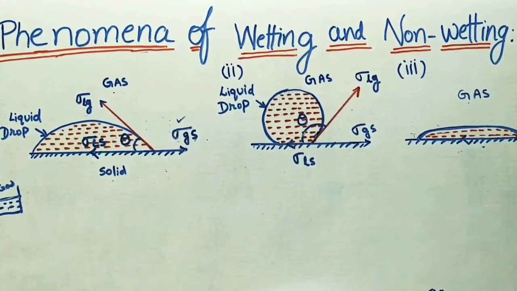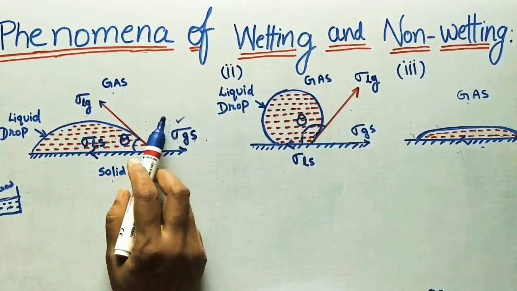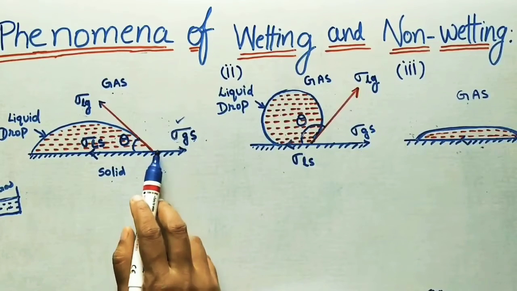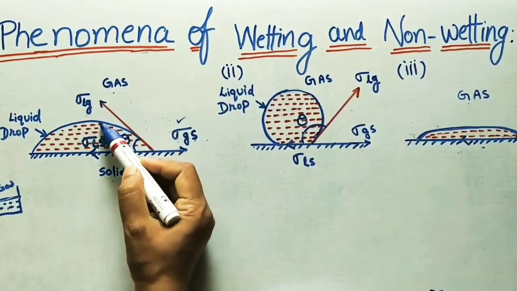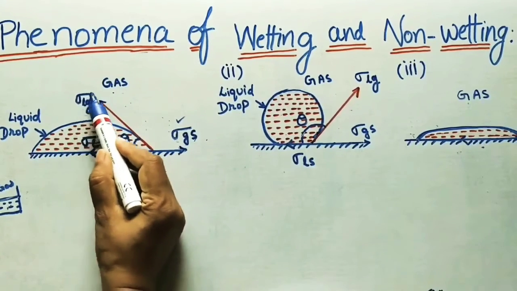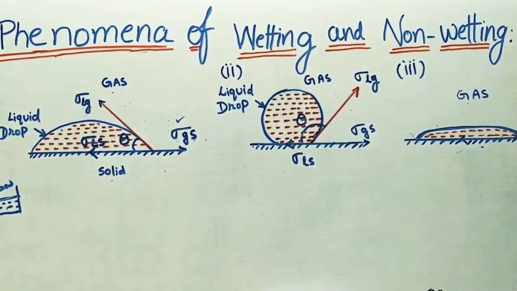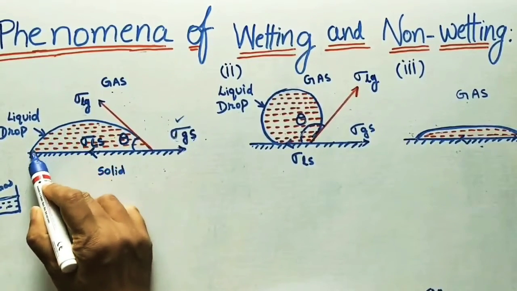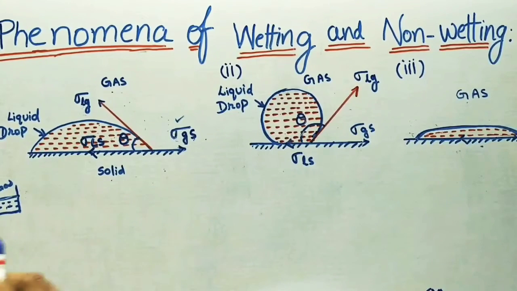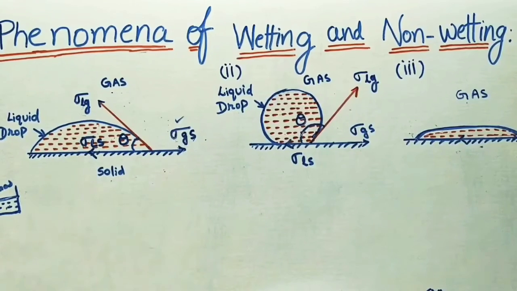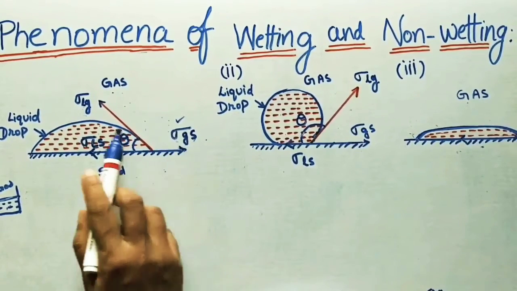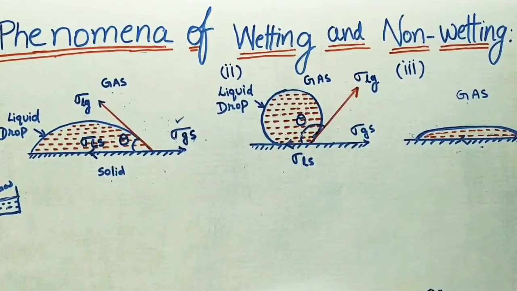This surface tension video lecture I will give in the description box, please check it. And then this is one medium, this is another medium, and at the interface surface tension will develop. Similarly here liquid and gas, surface tension will develop, sigma liquid-gas. It is acting in the tangential direction for this circular surface. And between liquid and solid the surface tension is sigma ls. How many surface tensions are there? 1, 2, 3. Three surface tensions will develop.